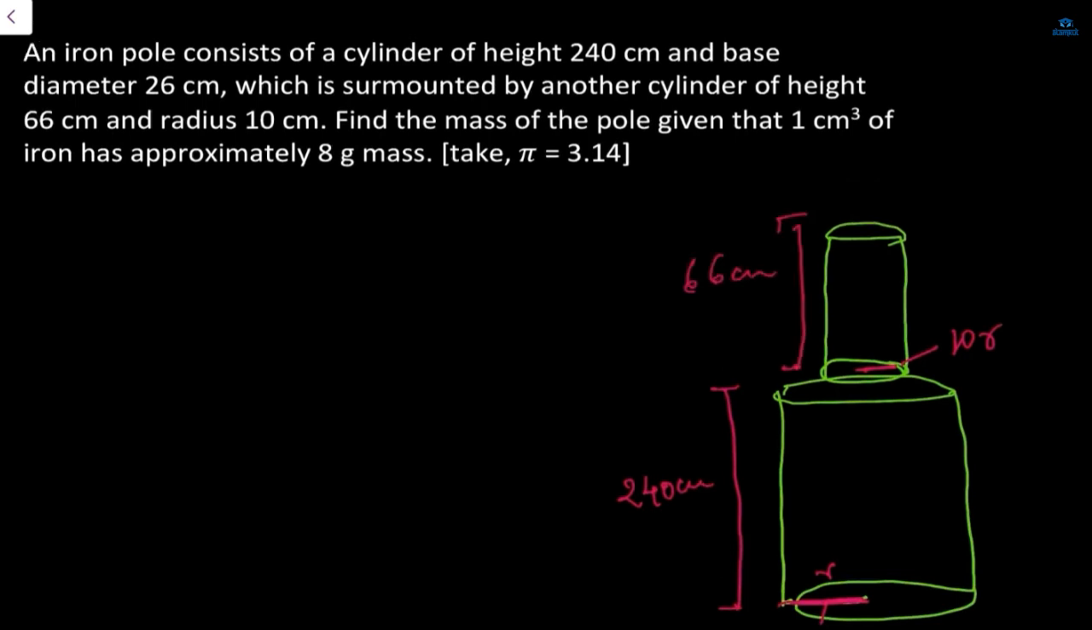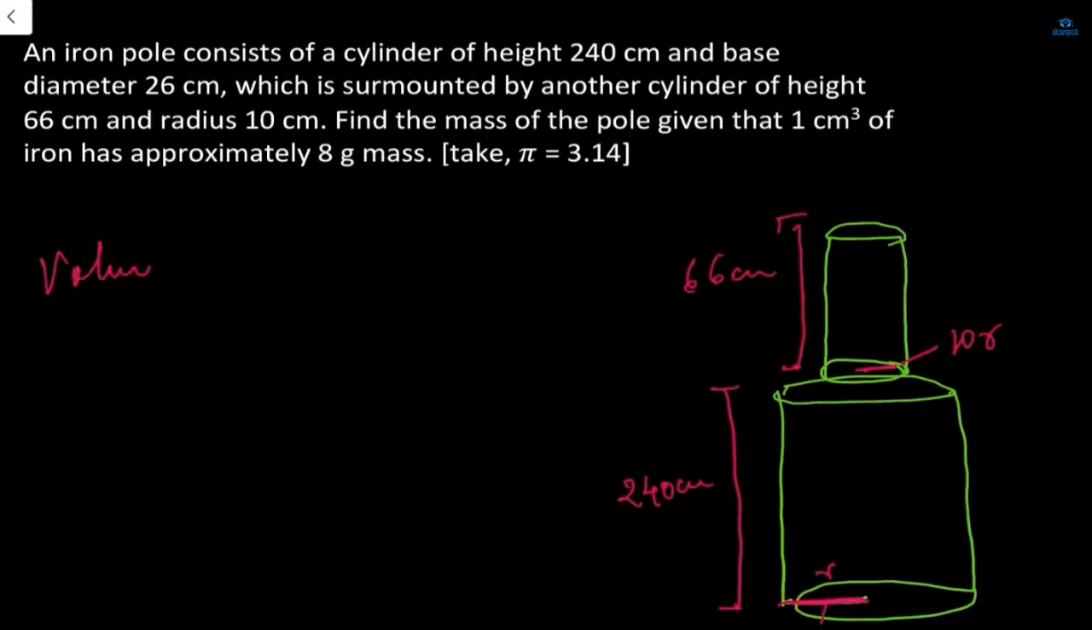Find the mass of the pole given that 1 centimeter cube of iron has approximately 8 gram mass. Now here mass is asked. You have to find the volume, and multiply the volume by 8 grams to get the mass. For the total volume, you need to find the volume of both cylinders, and after finding them, add them. So the volume of the iron pole will be